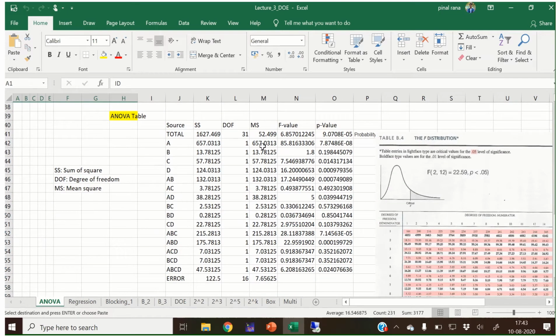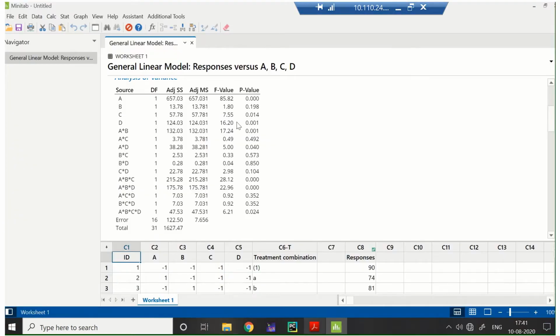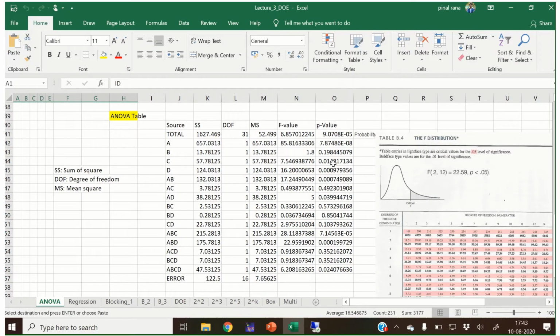See, the A value is 0.000789, so it is approximated to 0 over here, and the B value is 0.198.